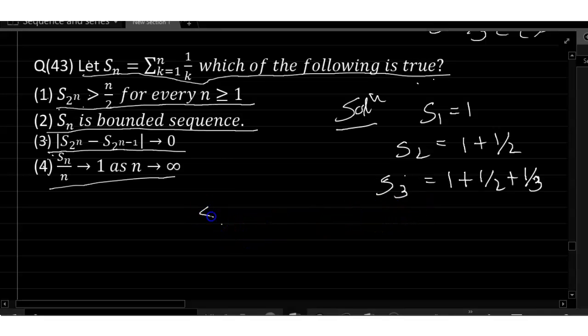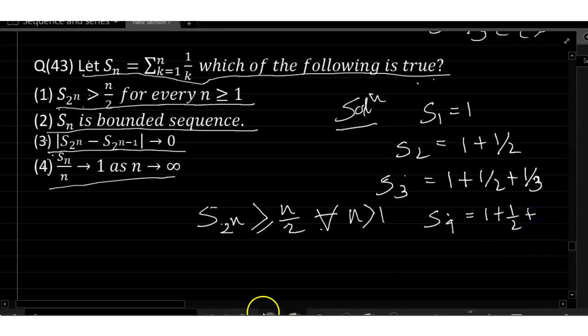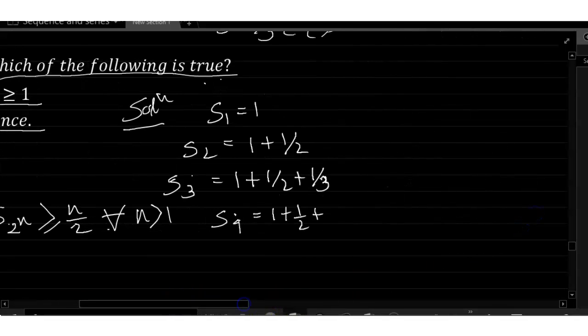So S of 2 to the power n is greater than n by 2 for all n greater than 1. S4 is equal to 1 plus 1 by 2 plus 1 by 3 plus 1 by 4 equals 25 by 12,